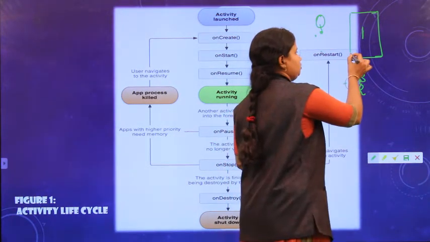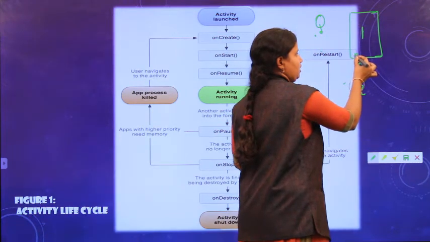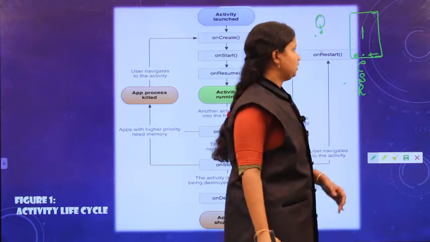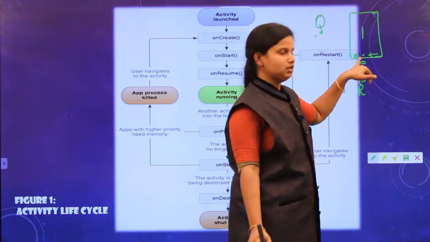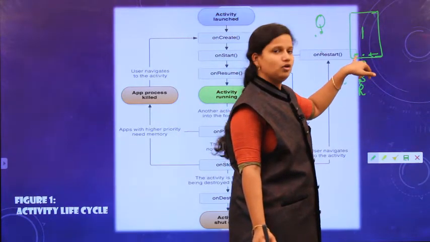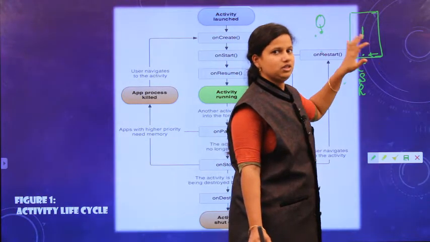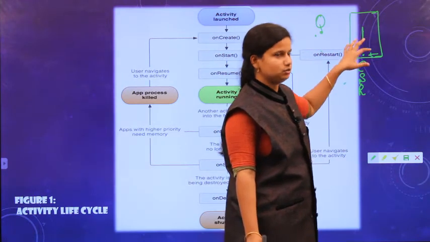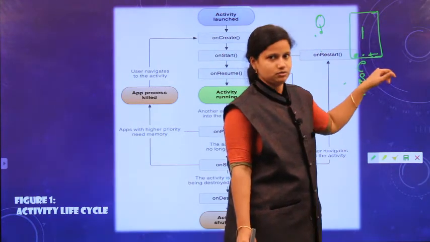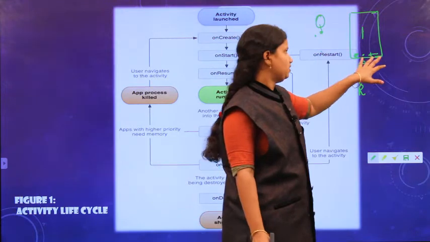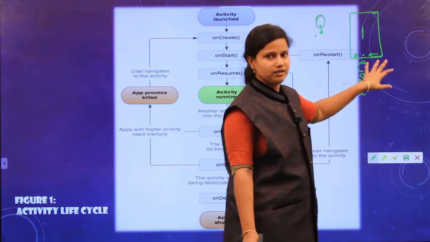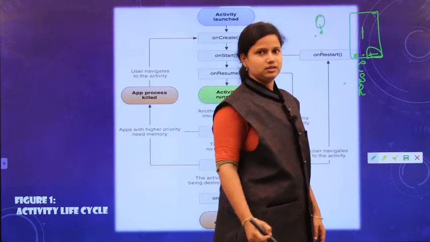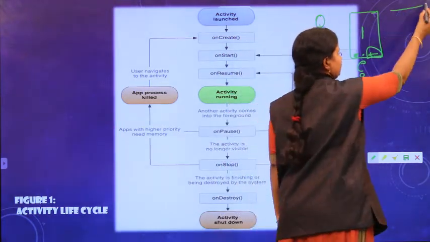Whenever you look at the bottom, it has three options like this. What are the three options? Pressing the back button, pressing the home button, and opening recent applications. Every mobile screen has these three navigation bar options. When you press the back button of the activity, it will call different methods as follows.